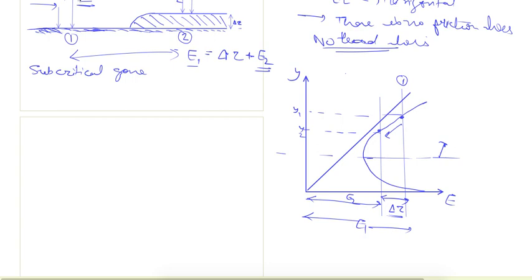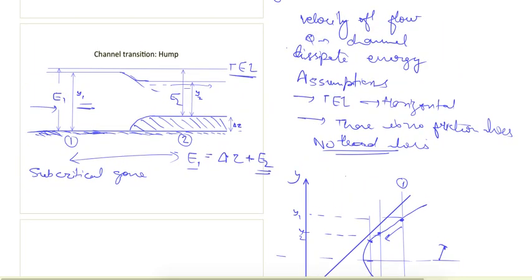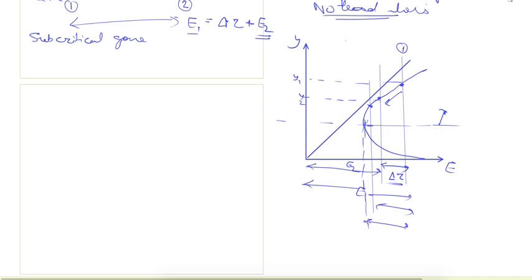if I further want to increase the height of the hump, this line will come somewhere here, and this will be the delta z, and further this depth will reduce. So from here we can see that this depth will come down something like this, and if I further increase it, I'll reach this point where delta z is maximum,